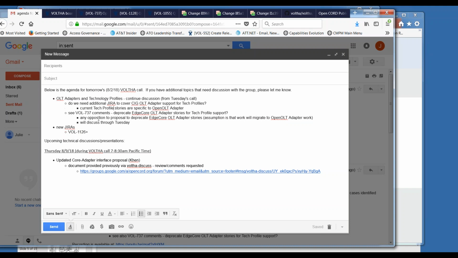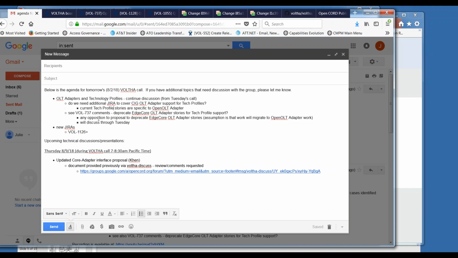Yeah, the target of the open OLT is to work with all the existing OLTs with a uniform interface, right? So the standard interface, the gRPC interface that's been defined by Shad, I guess currently.